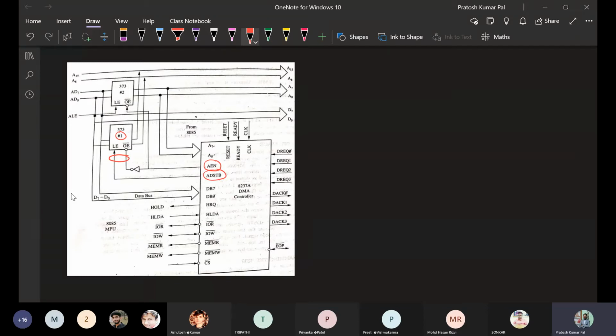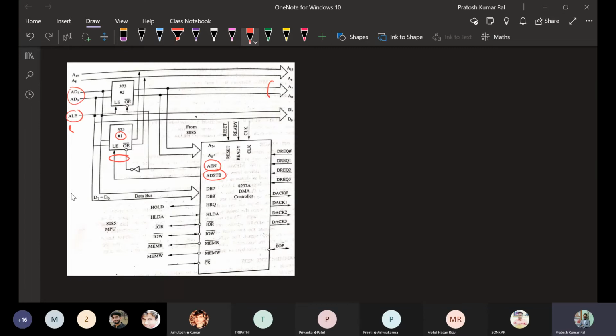Once this latch is activated, the multiplexed address and data lines will be working as the data lines. So to have this latch enabled, AEN should be activated, and along with that, it is controlled by the ALE.